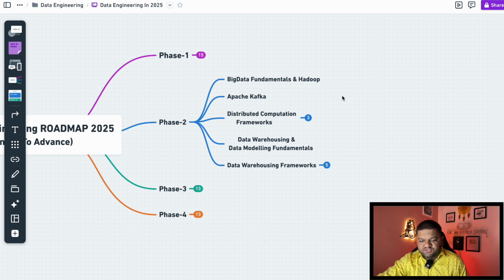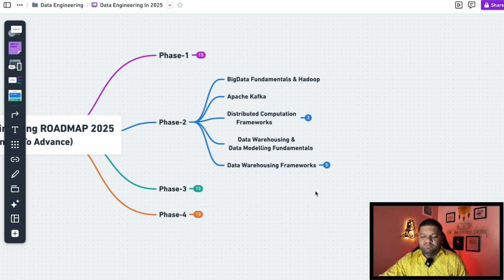Now after doing this thing, you can focus on the Apache Kafka, because in the data pipelining process, sometimes you will be working on batch pipeline and sometimes real-time data pipelines. And in real-time data pipelines, you will always get involved with the messaging queues, and Apache Kafka is one of them, widely used. So make sure you are fundamentally very strong with Apache Kafka practically, like how to write producer code, consumer code, scaling part of it, all in depth.